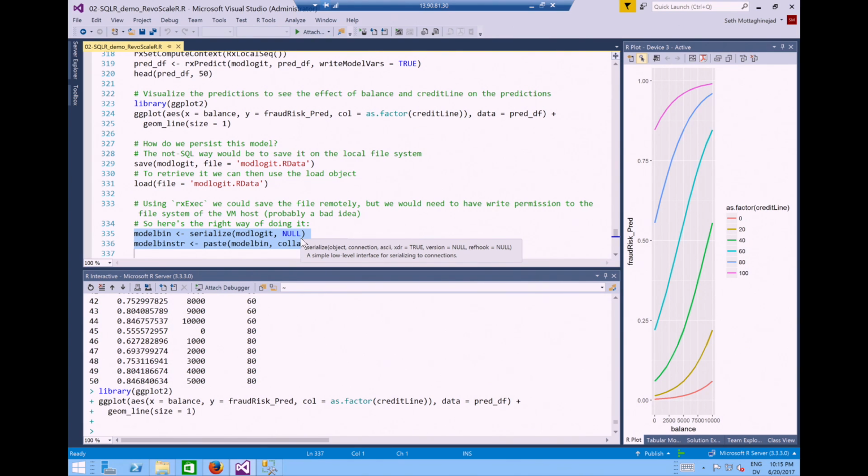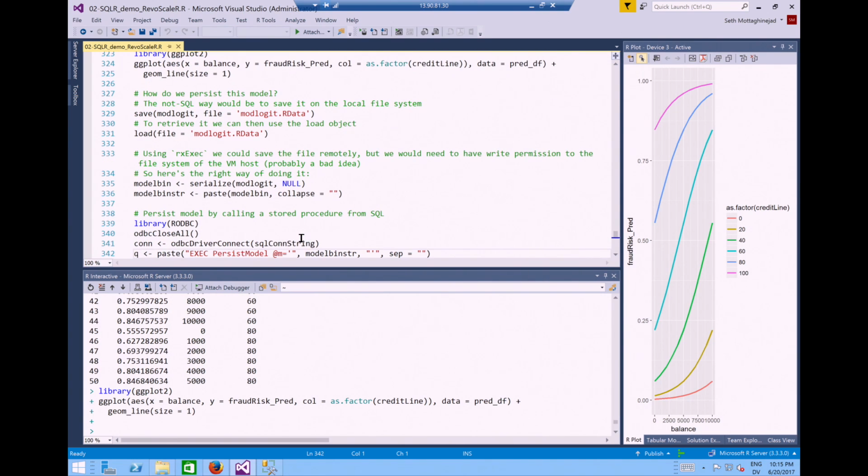So this is important information. It's a modeling object that contains intellectual property as far as we're concerned. And if we save it, we might not be very happy about saving it on our laptops. So that's one problem. And if we want to save it on the server, the DBA might not be very happy about us saving random things on the server.